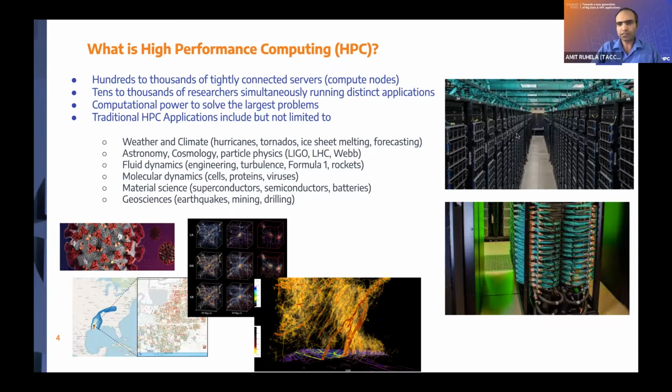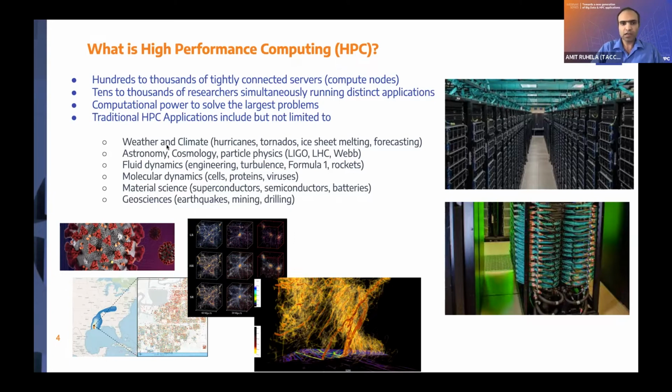This is a picture of the Frontera system, which consists of several aisles of racks containing many compute nodes. These compute nodes are connected to each other with cables, which are shown at the bottom of the picture. Together, these compute nodes solve a variety of problems for thousands of researchers who run distinct applications. Some of these traditional HPC applications that run on our systems are weather and climate applications that